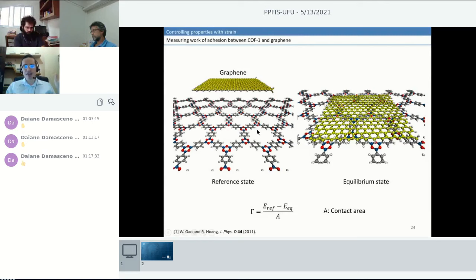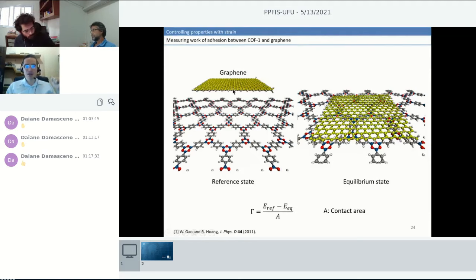So we did some tests to make sure that this is at least a good approximation. I'm not discussing this now, but I put some slides at the end of the presentation. So if anybody is curious about how we managed to estimate that this interaction between COF1 and graphene, as long as the COF1 is frozen, is at least good enough, I can talk a bit about that at the end of the presentation. But going to the results now,